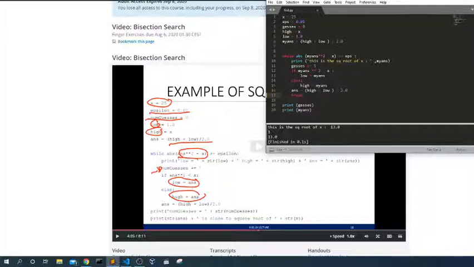But 13 is not the square root. What did I do wrong? I don't know.